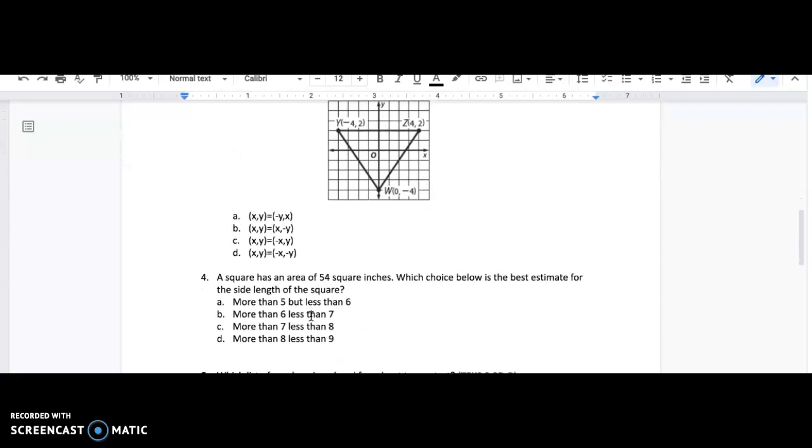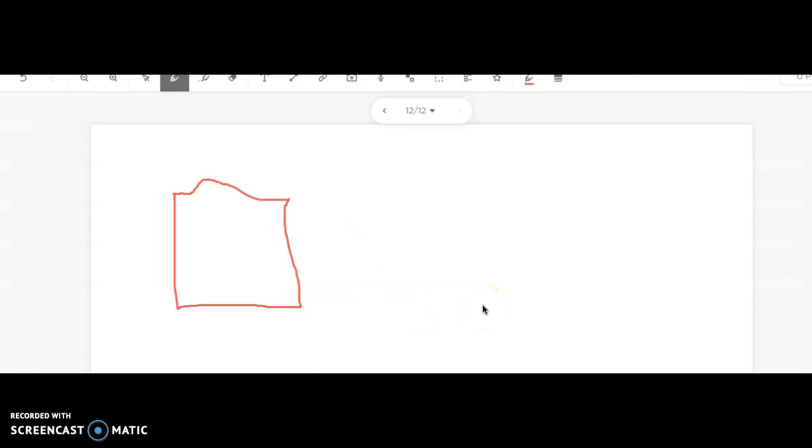This question. So it says a square has an area of 54 inches. Which choice below is the best estimate of the side length? So it's 54 inches. I know that a square has 4 sides to it, 4 equal sides. So give me 1 second. Mr. George can draw a square on ClassKit. A square has 4 equal sides, right? So this problem is saying